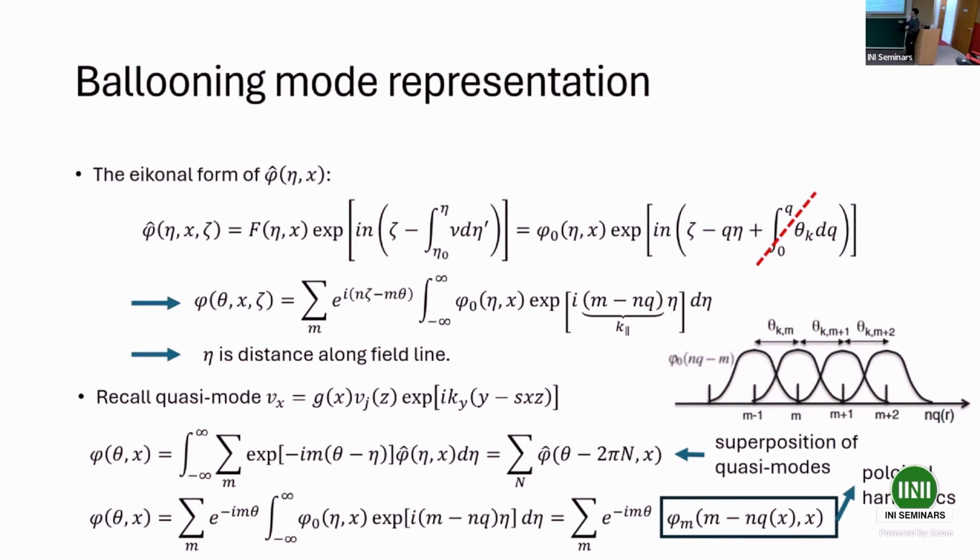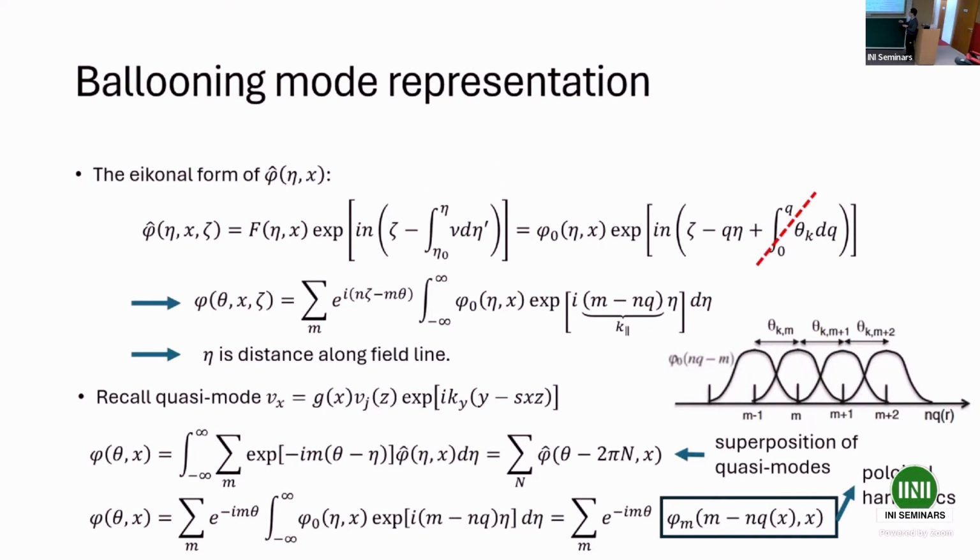We recall the expression for the Quasimode. I hope this can answer Guillaume's question. This eikonal form of phi hat is in a similar form as the Quasimode. So